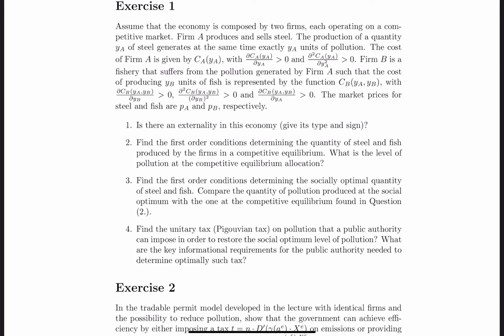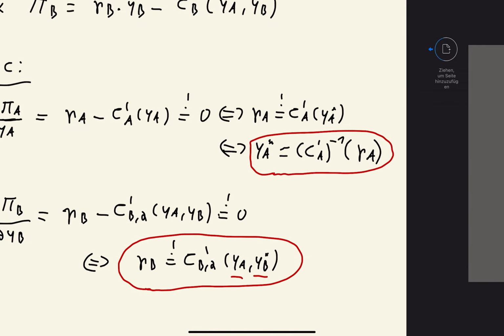And as we will see, the quantities will be different, because in the competitive equilibrium, the steel producer does not internalize the negative externality that he is imposing on the fishery. And this is the reason why, from a socially optimal point of view, there will be too much steel produced and hence too much pollution. But yeah, let's have a look. So this will be